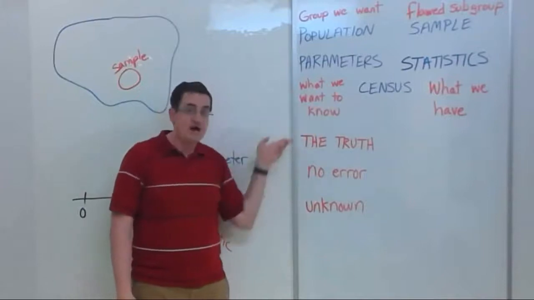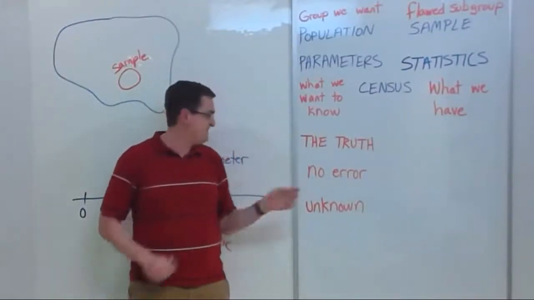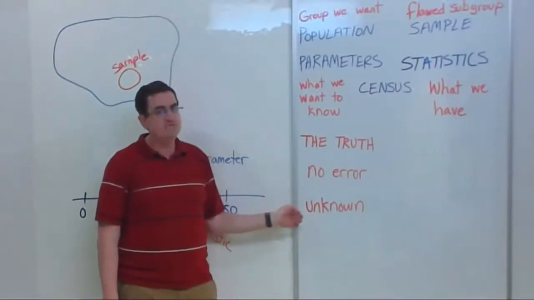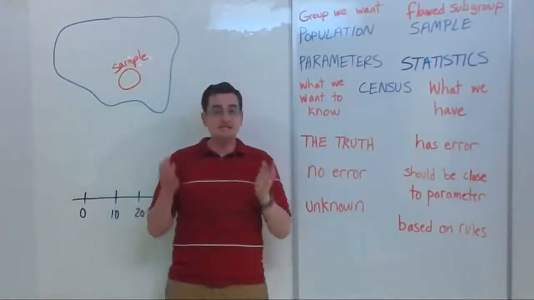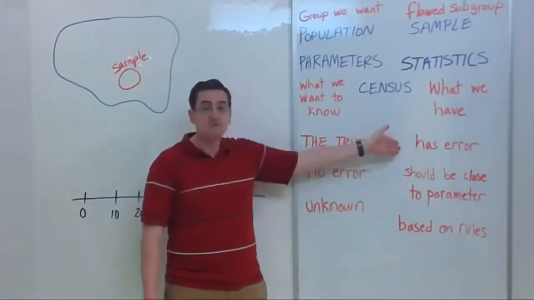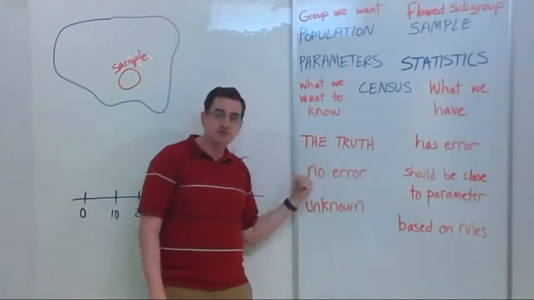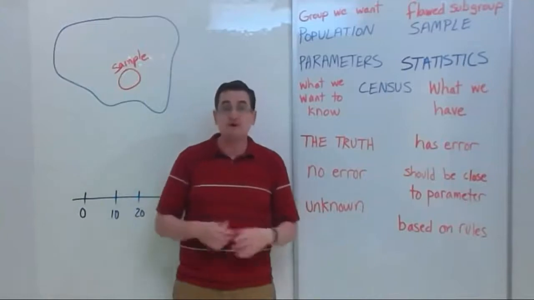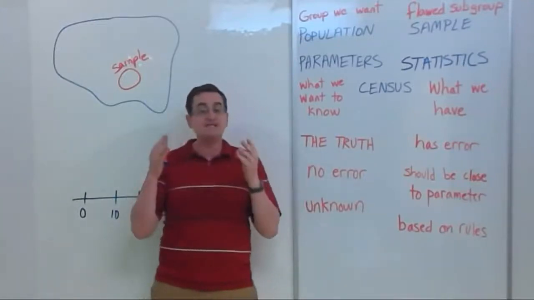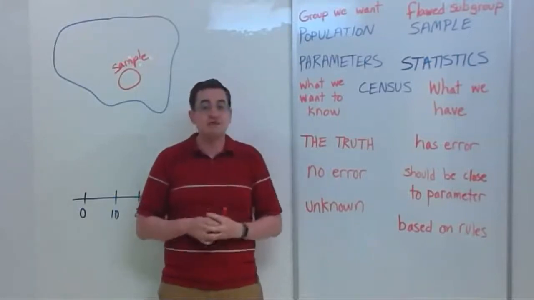Unfortunately, unless you're actually able to do a real census, which even the US Census has flaws, it's going to be an unknown value. So the statistic has error, and in this class we're going to talk about how much error, for the purpose of saying how close that is to the truth that we wanted to know, based on mathematical rules of probability, and then we can use that to make decisions. For example, we have a swimming class to teach people to hold their breath longer.